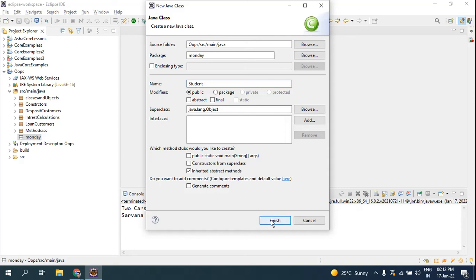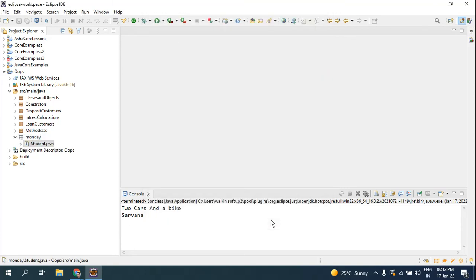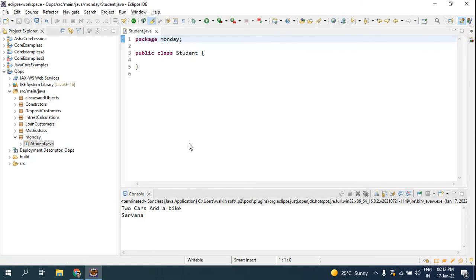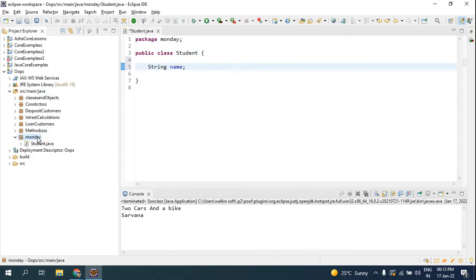I'll just create a class, no need of a main method here. It's getting created, it's hanging. So this is my public class Student, and I'm going to create an attribute here, String name. And I'm going to create another class